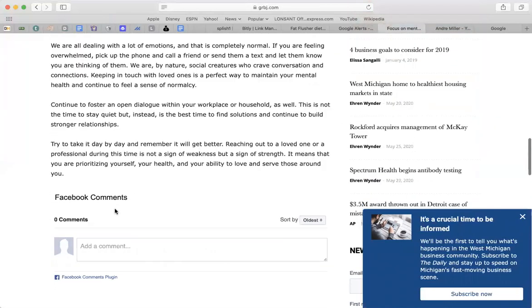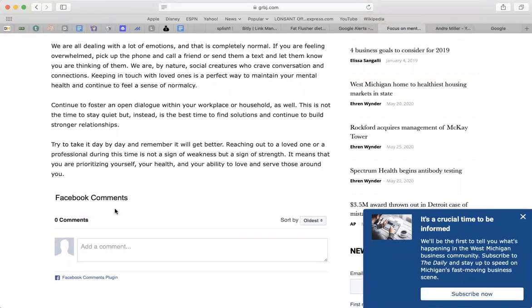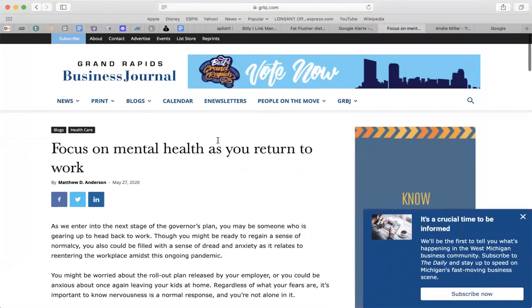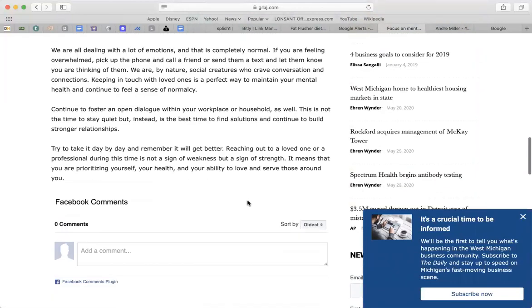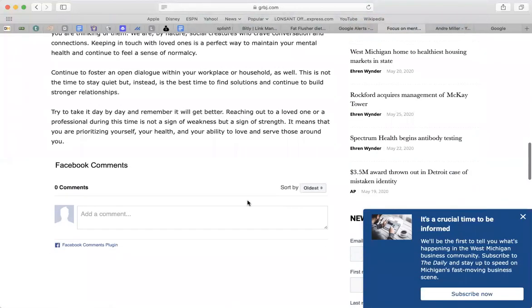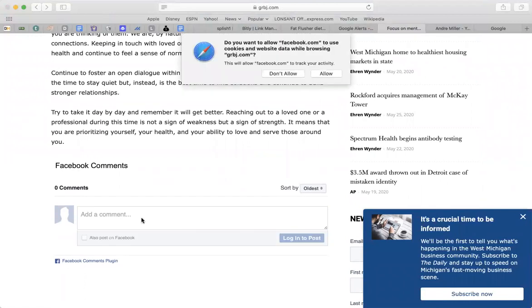Now, if you want to be creative, and you should, if you are not as creative, you can go to Google and search about mental health. So when you search about mental health, what are some of the exercises that I could use to avoid mental health stress? And now you're going to type in here,